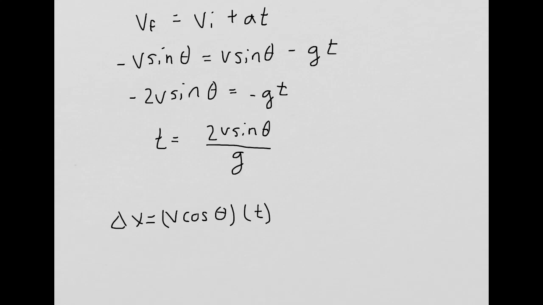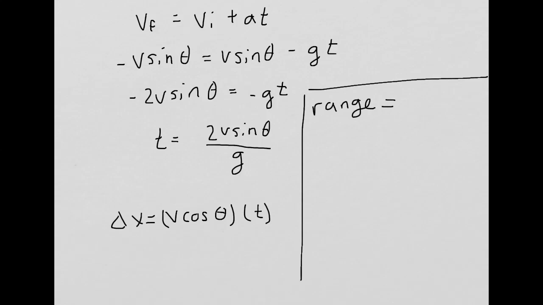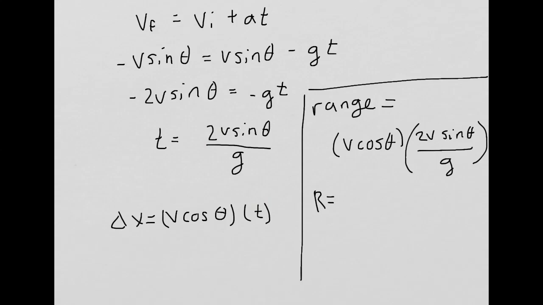You can only do that when velocity is constant. Okay. So plugging in, I get that delta x, which is really equal to the range, equals v cosine theta times time, and I'm just going to plug in this guy for time. So I get 2v sine theta over gravity. I can simplify that down and rewrite it as range, which I'll symbolize as r, equals 2v squared cosine theta